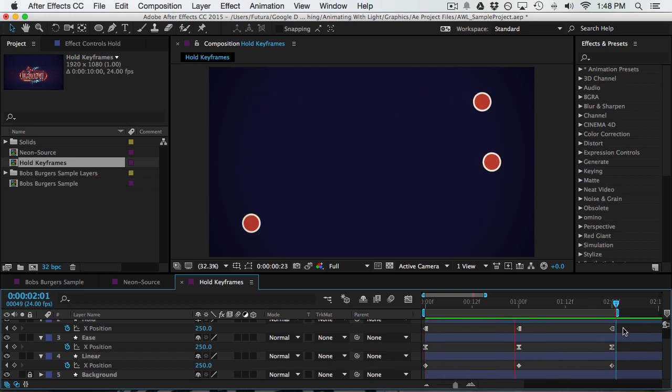And then finally we have hold keyframes, which will look like this. And on this third circle you can see that there is no motion happening between the keyframes. It's just here and then back. There's no in-between animation. If I stop the playback and go to the first frame, you can see that all